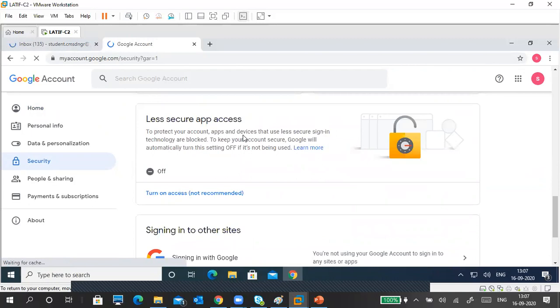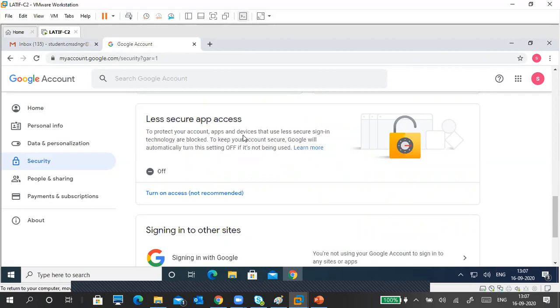If you are accessing mail using a browser, it is highly secured. Every time you have to log in, and every 15 or 30 seconds it will check whether you are logged in or not. If you log in from different locations or from a different system, it will also check it.